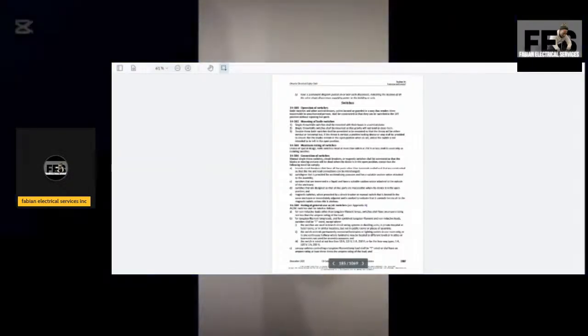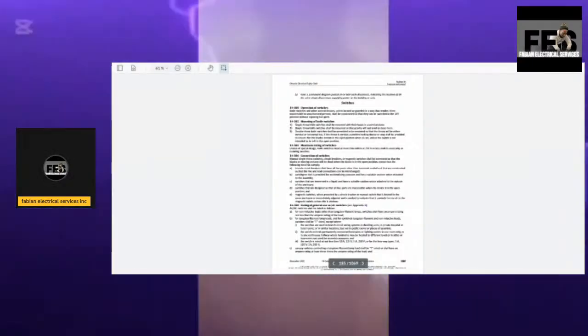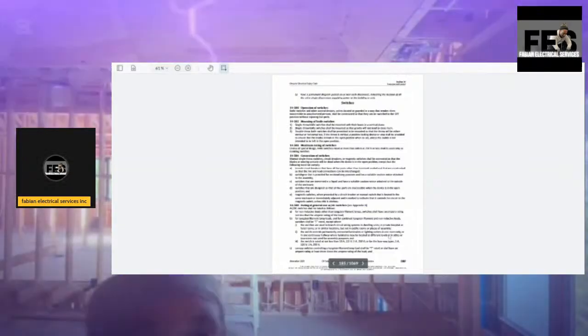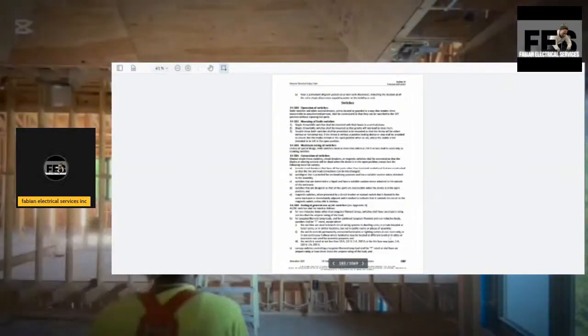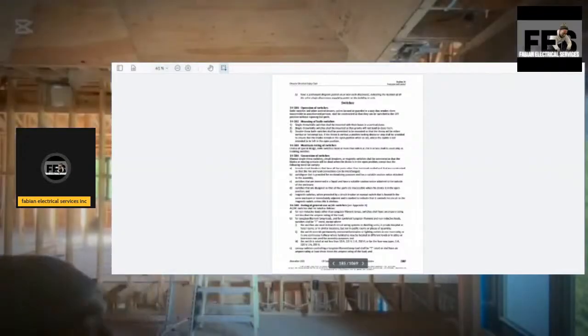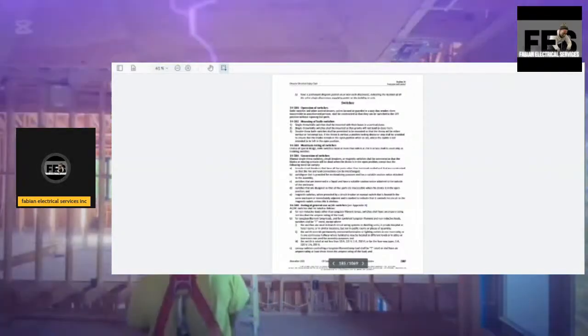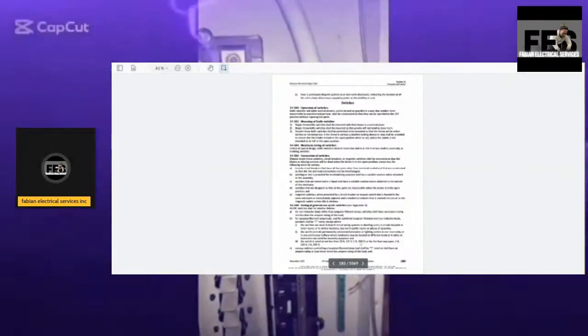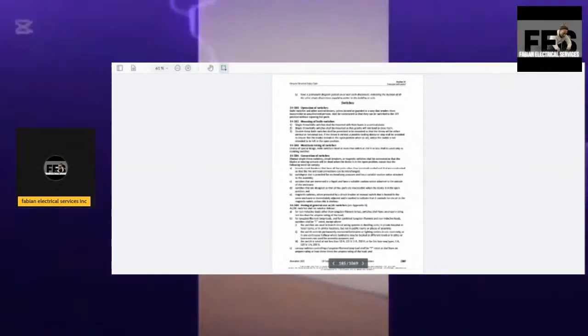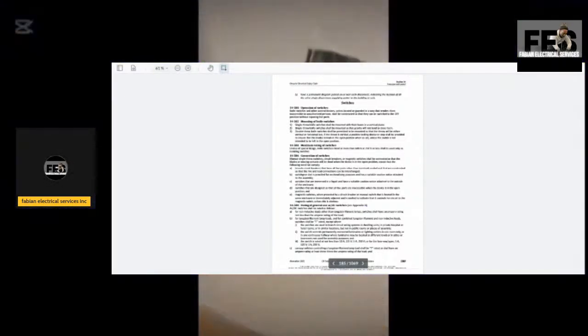The switch controls permanently connected luminaires or lighting outlets in one room only or in one continuous hallway where luminaires may be located at different levels, and the switch is rated at not less